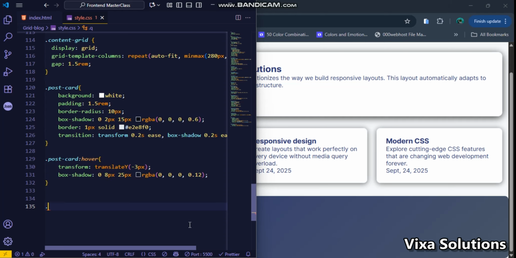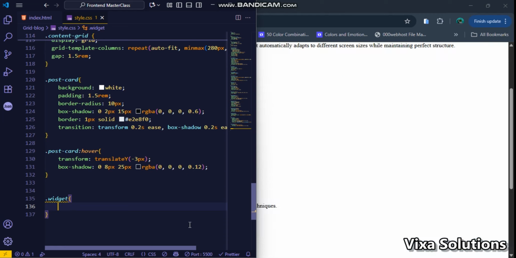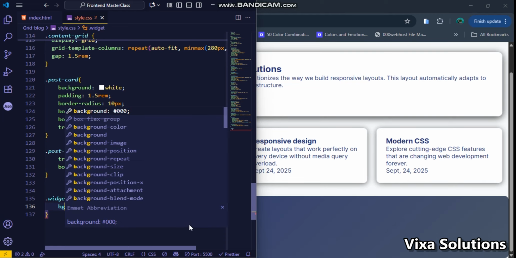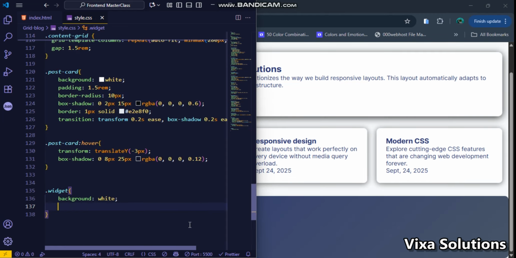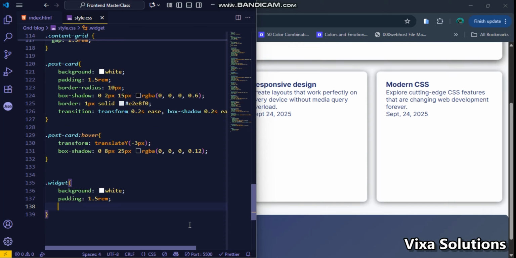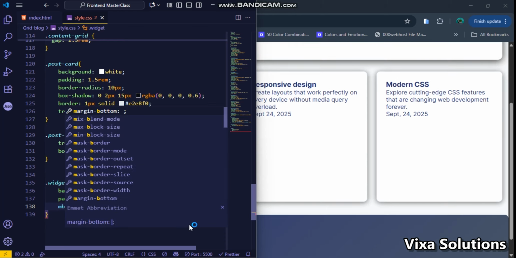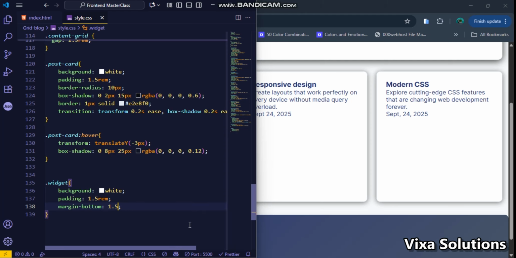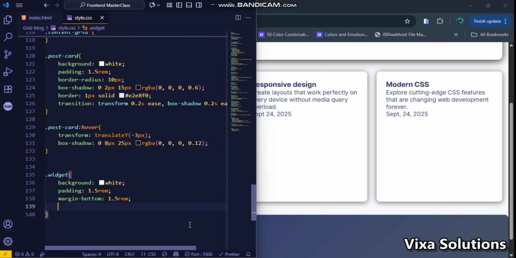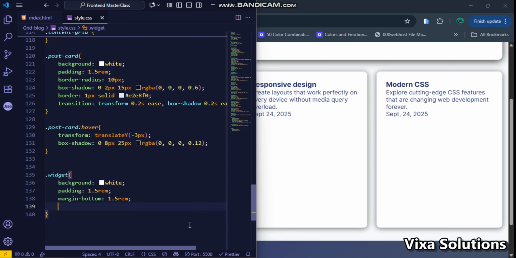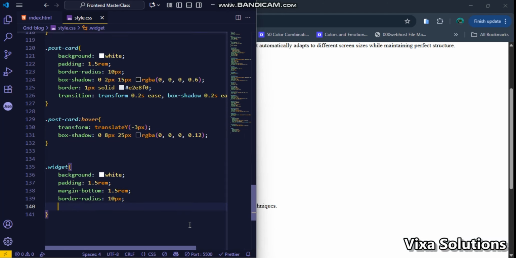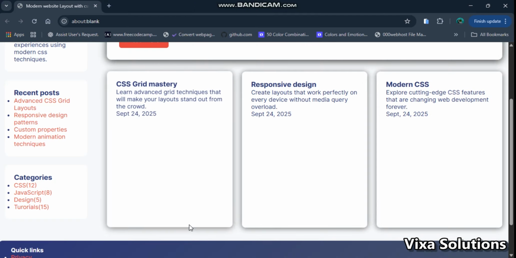Okay, so select the widget class like this, give it a background of white, padding of 1.5 rem, margin bottom of 1.5 rem, border radius 10 pixels. Okay,